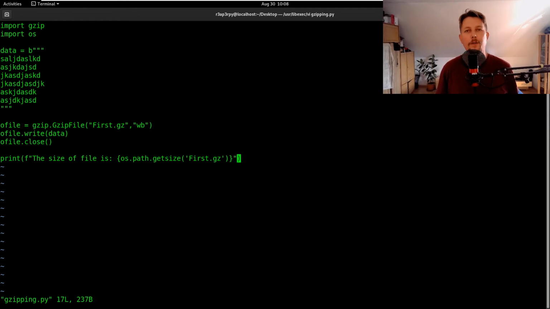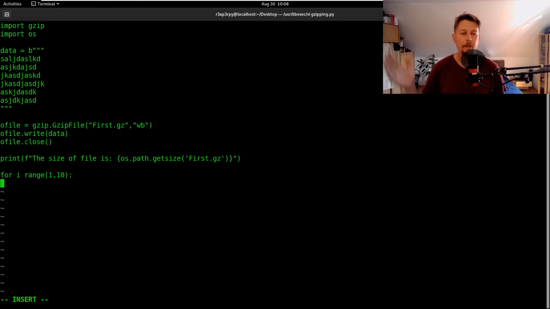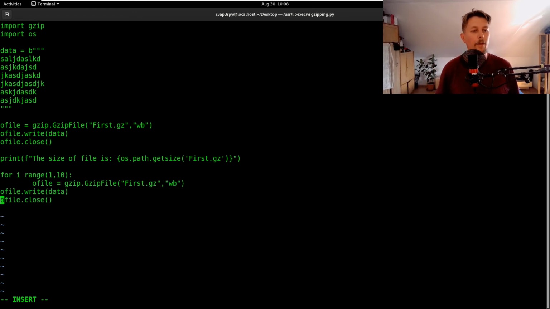So compressions range between 1 and 9. So technically we could create a for loop, and we say 1 to 10, this will terminate at 9, and we create this file,